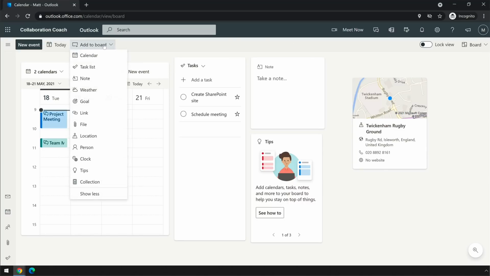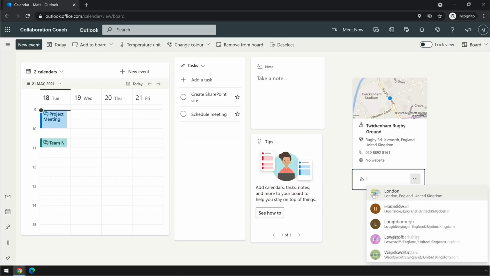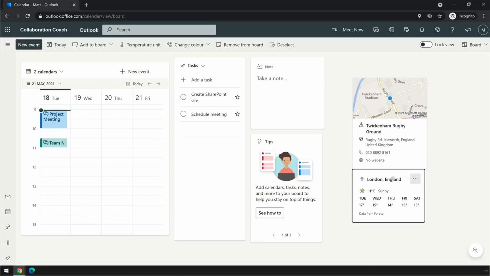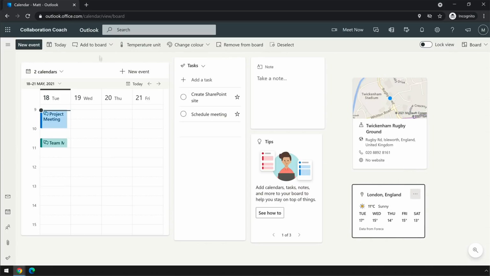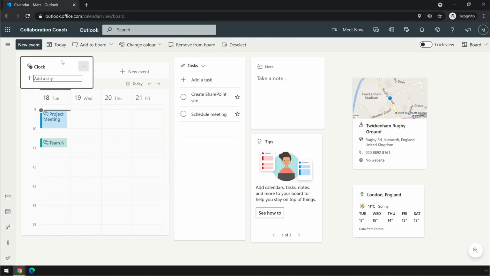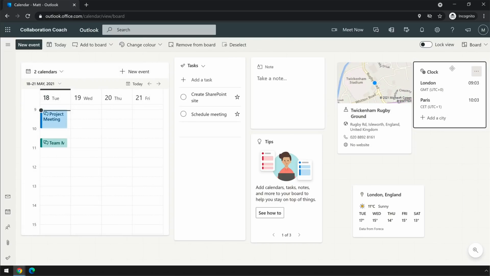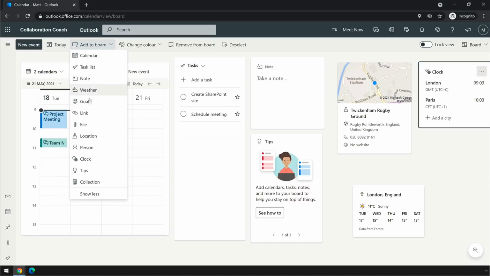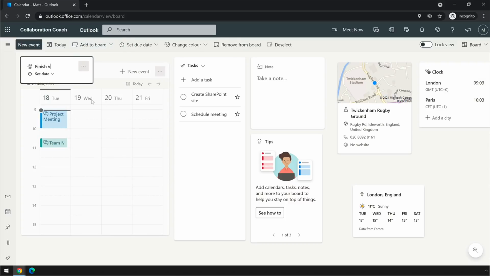And there are all sorts of widgets to add like weather, clocks, and goals look cool because you can set a due date for the goal and it adds it to your calendar.